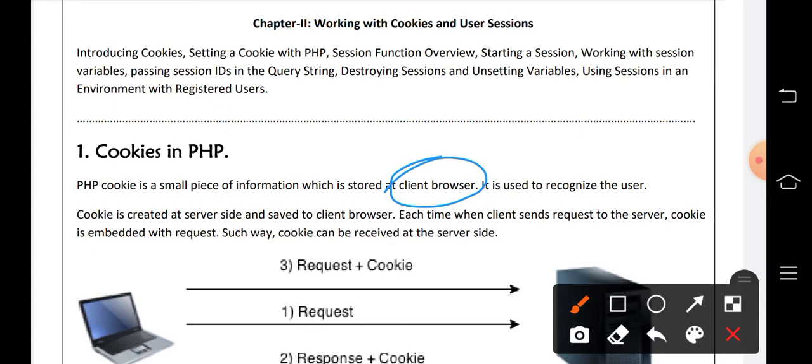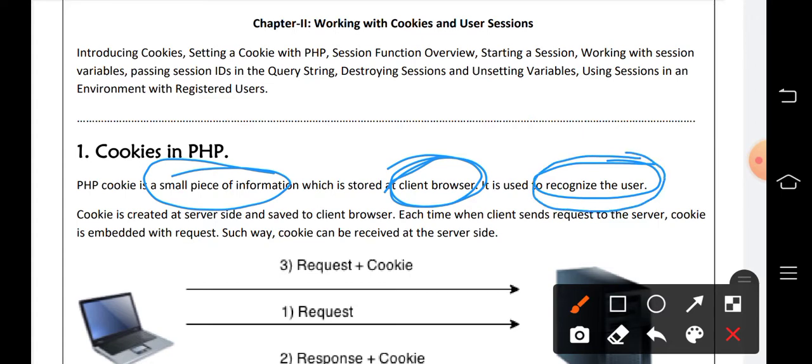A cookie is a small piece of information which is stored at the client browser. In order to recognize the user, we use a cookie. It is a small piece of information which is used to recognize the user and is stored at the client browser.